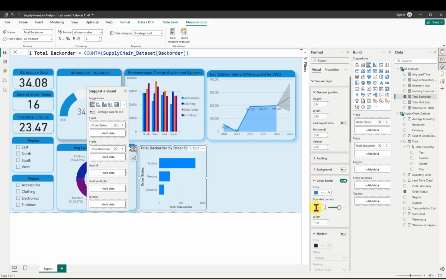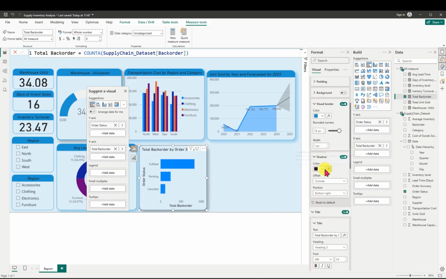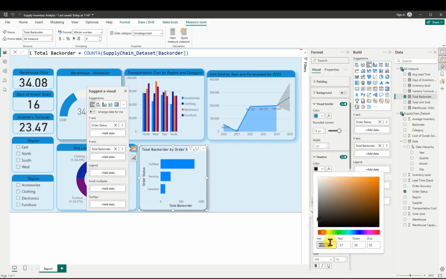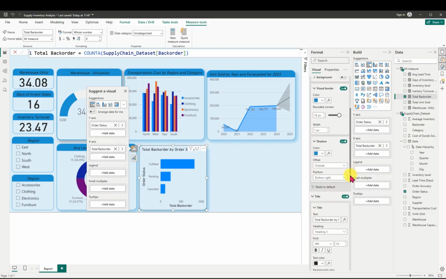Now we have 18. Then the next thing is I'm going to put in my shadow. I'll put in my shadow. And for the shadow, I'm going to use the same color for the shadow. That is it. Then the next thing is I'll click out of it. Then I will go to,